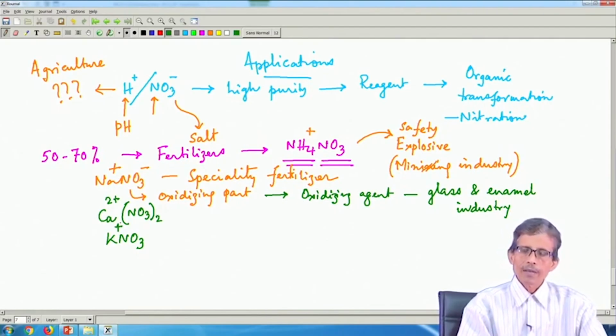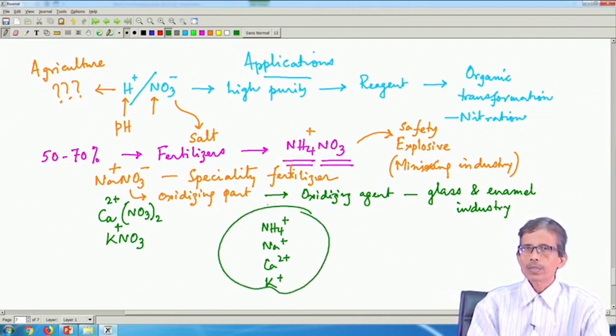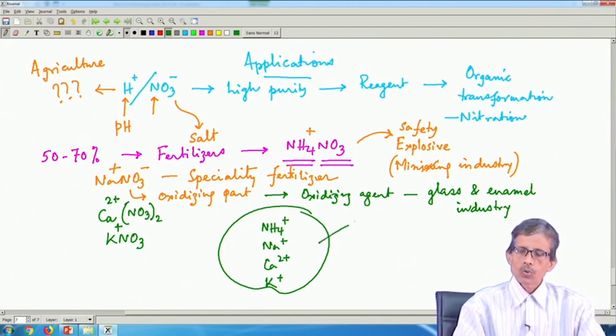So, these different metal ions, like ammonium, sodium, calcium, can be useful for supplying all these ions to soil or to any other